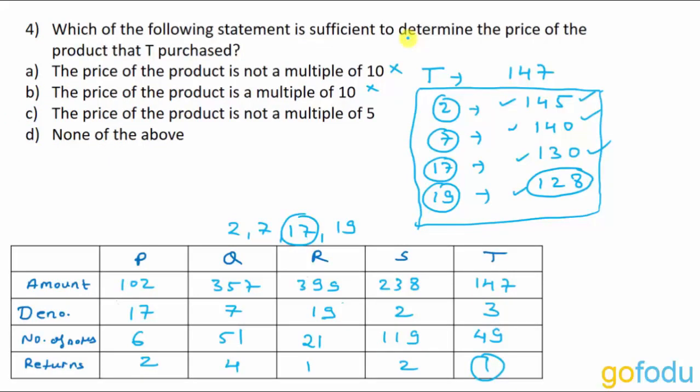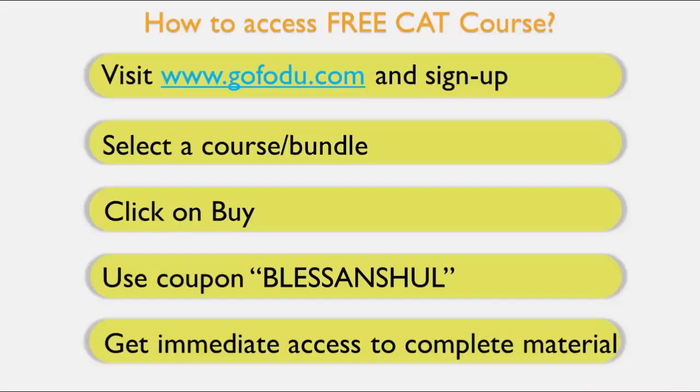So this combination of quants and reasoning is important from CAT's perspective. In this question, we had the divisibility rule clubbed with reasoning. Similarly, we can have any other topic as well, such as speed, time, distance or PNC clubbed with reasoning. We'll solve a few more questions in the coming videos. Thank you.